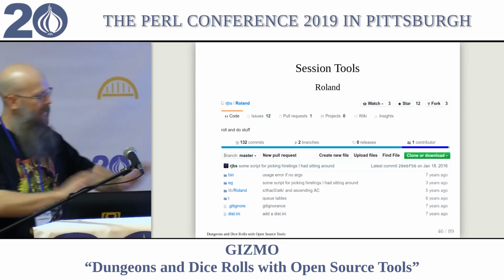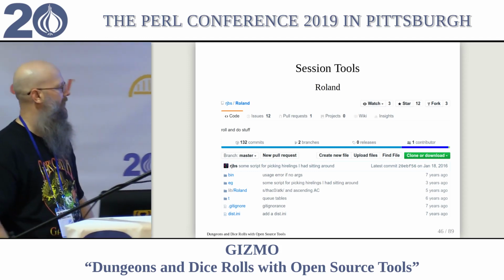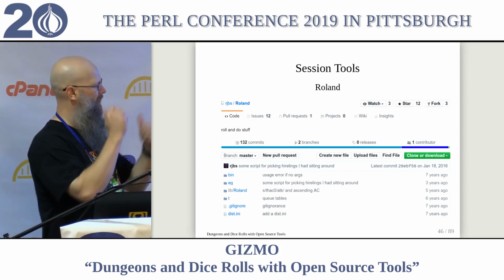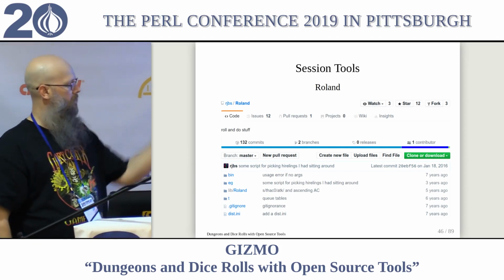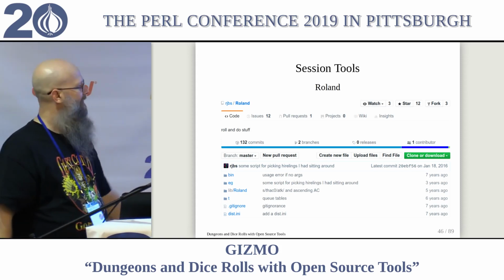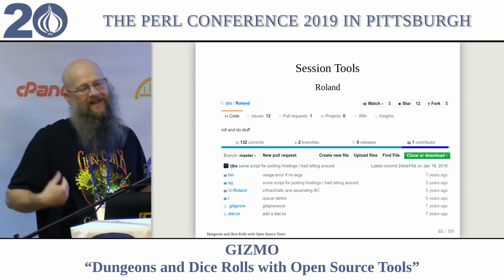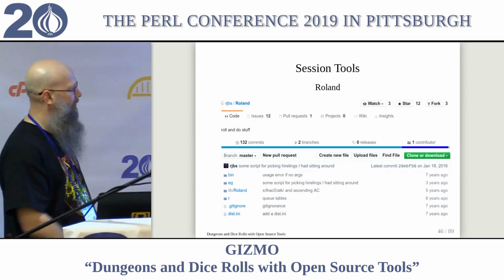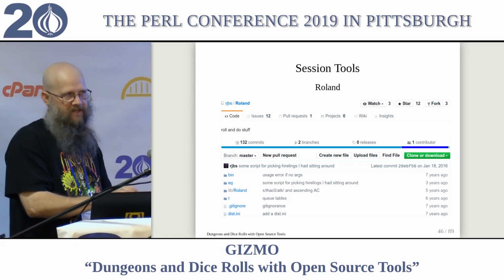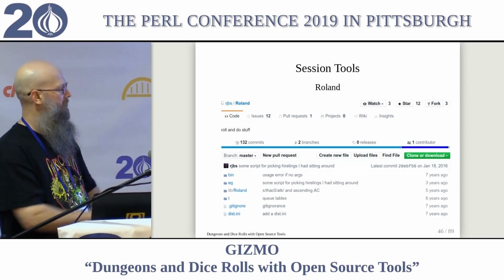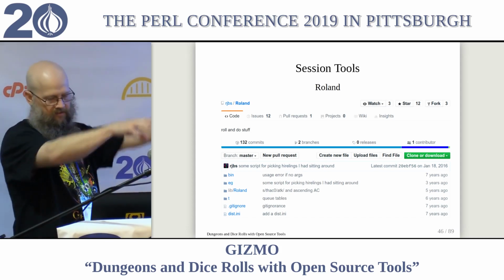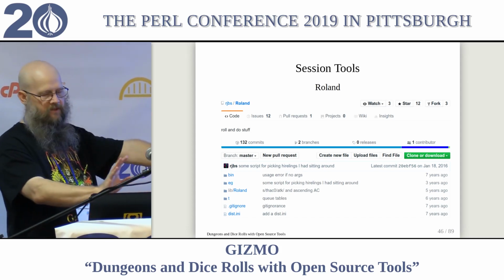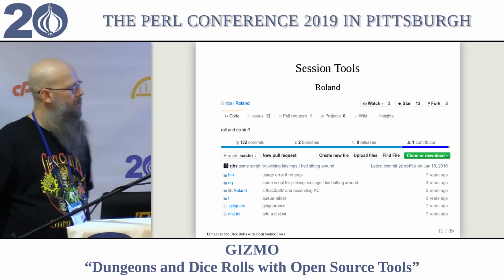I really want it on CPAN. I can put some work in. I might have put a pull request in a couple years ago to say, hey Rick, this is the minimum you need to do to make it CPAN submittable. But I'm not going to push him, because it's Rick. It's his code.